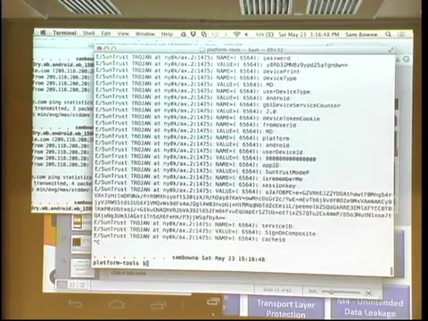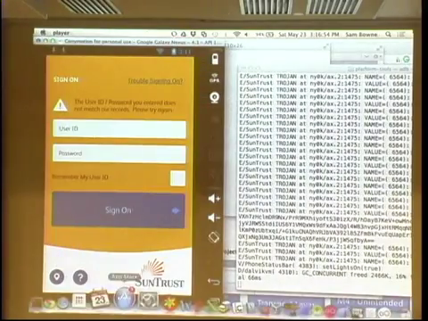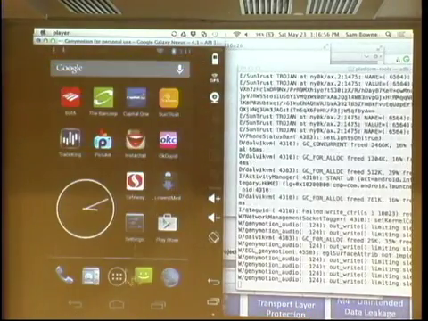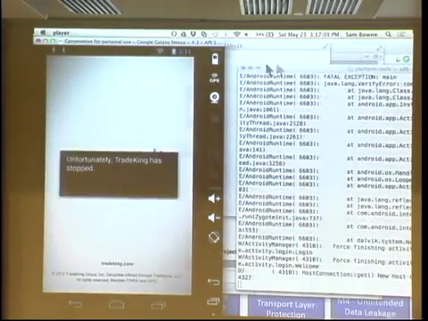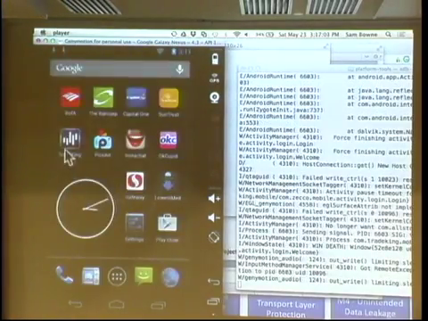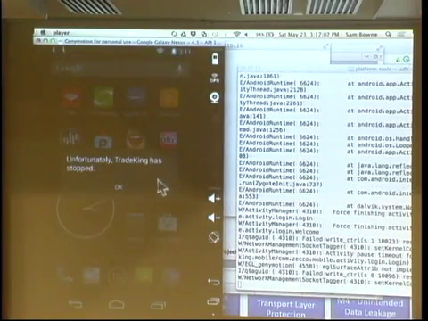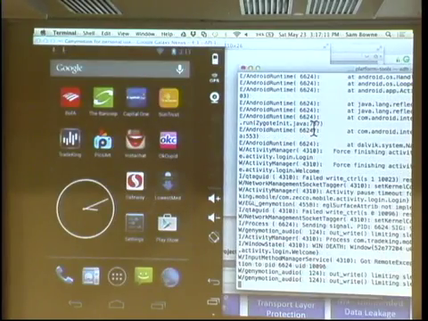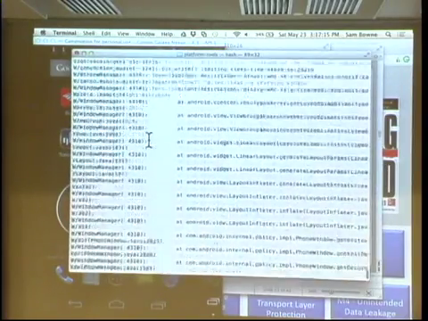So let's go back to just a plain old logcat here. So we're seeing everything happening on this device. And go back here and run Trade King, which is some kind of stockbroker trading activity. And by the way, when things crash, oh yeah, that's right, this one actually means it when it crashed. This is the Trojan app, and it won't launch anymore. It used to. And if you want to know why, you can see right in the log, right here,